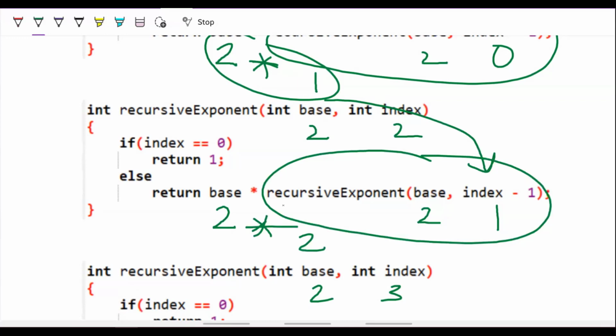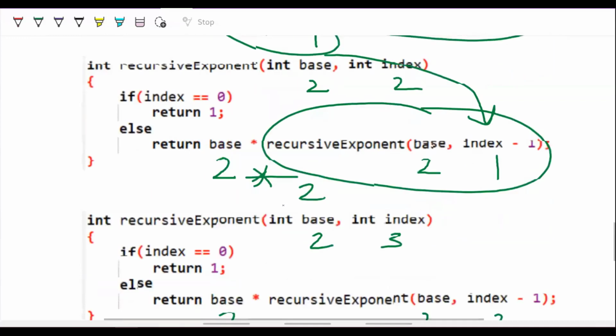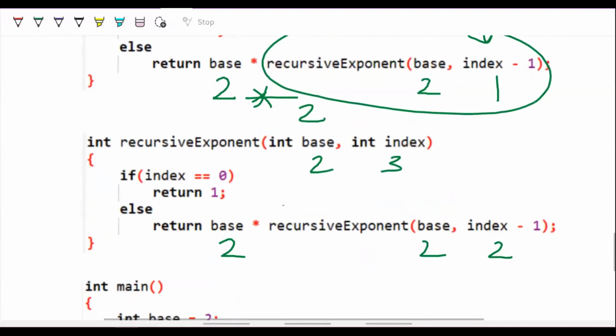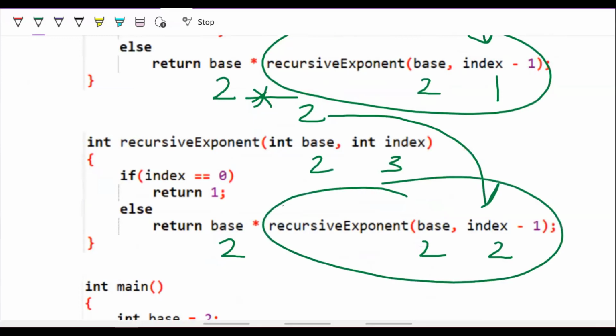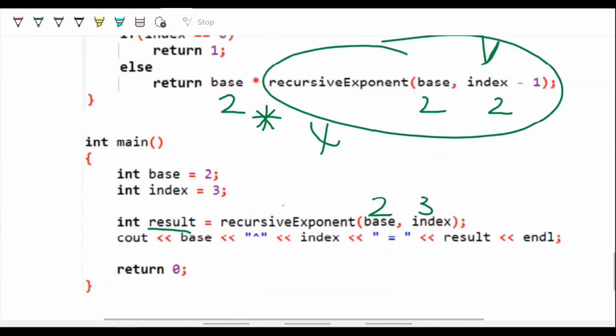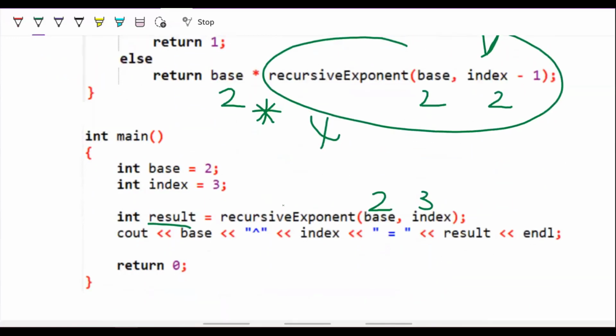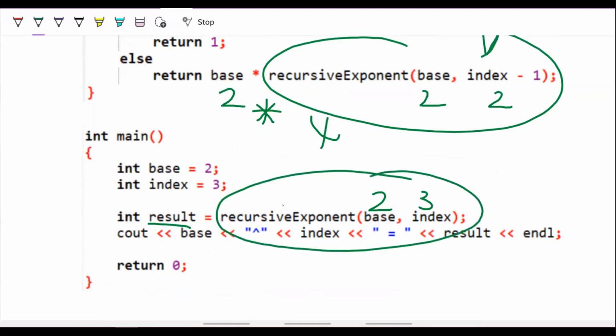So 2 times 2 is 4, and then 4 is passed back to the previous function. So this part becomes 4, and 2 times 4 is 8. That 8 is passed to the main function, and over here we get the value as 8. So the value of result is 8, and then that is what we are printing.